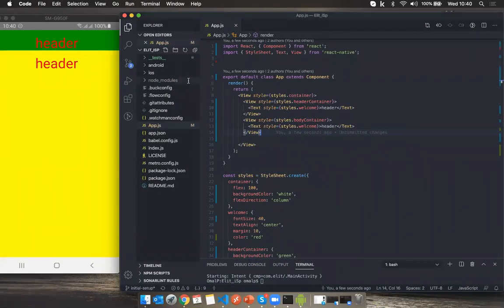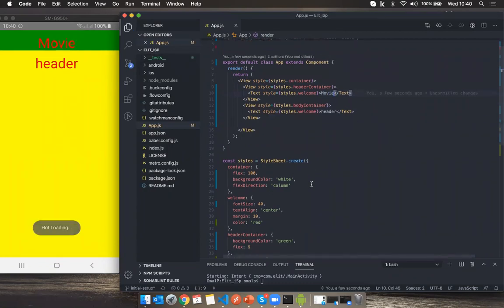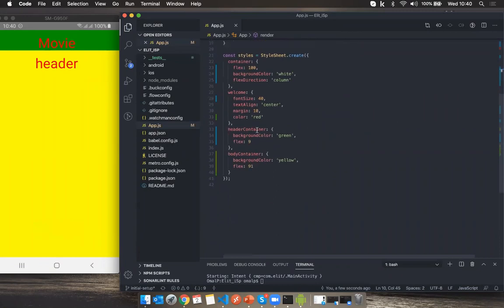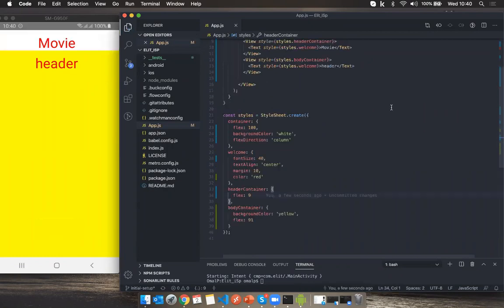We'll add the rest of the things. So I should add Movie instead of this header. Movie. All right, and the colors we will make as in the design.